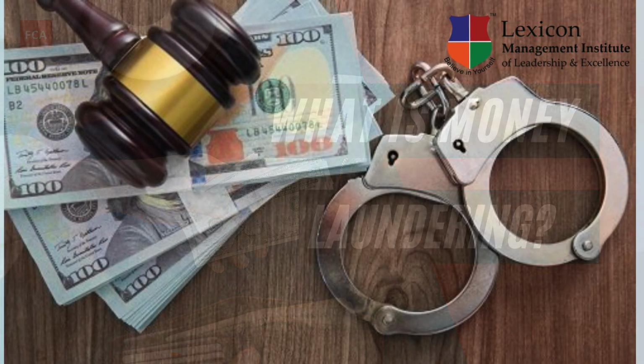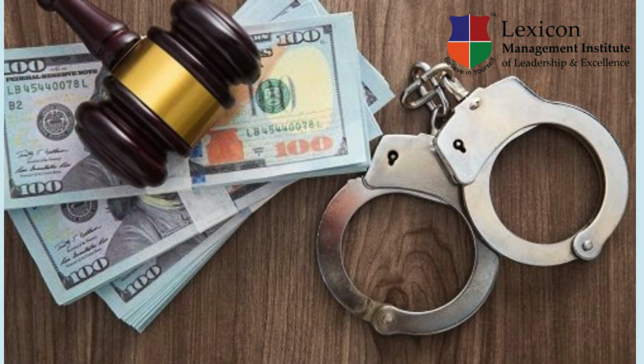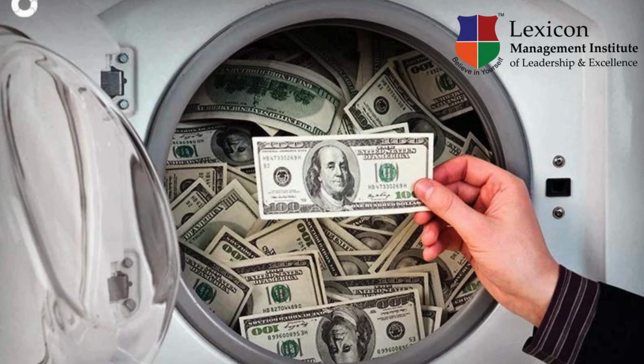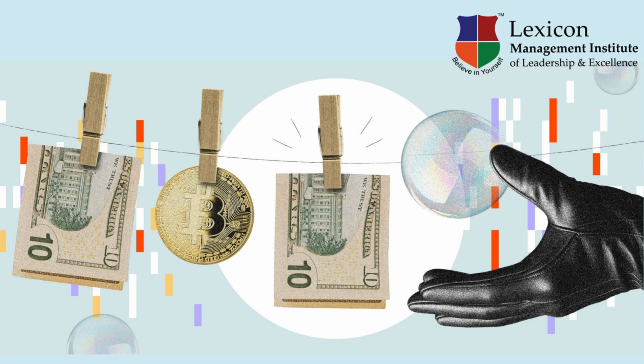Money laundering means washing illegal money through legal sources for making it legal. Yes, you heard it right. It is exactly similar to washing clothes. We wash our dirty clothes for cleaning purpose, and in money laundering, dirty or black money is washed with legal sources so that it could look like white money.